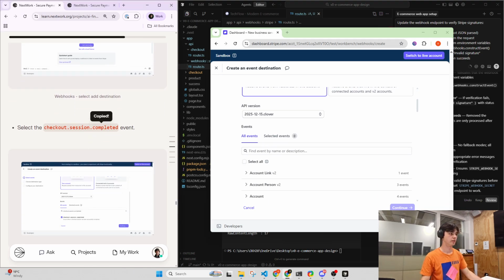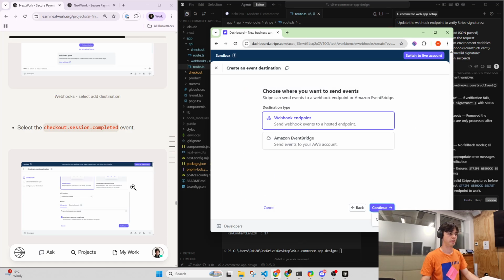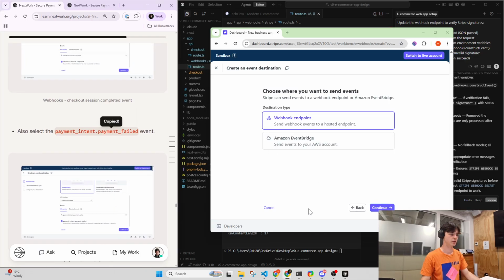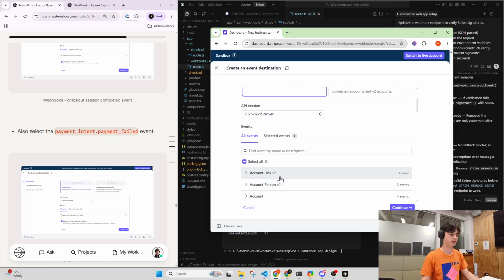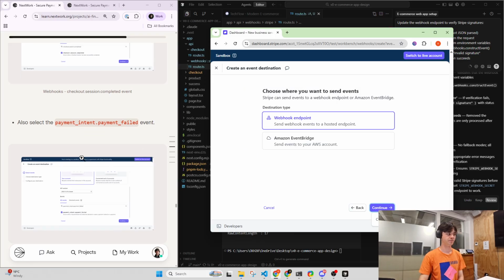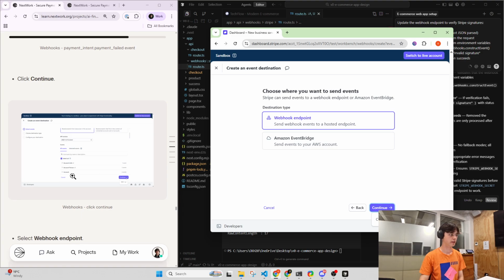So we're going to enter checkout session completed, and we'll tick this box, and we'll click continue. And then we can also add this. I forgot to add that. Also add the payment intent payment failed event. Then we can click continue,